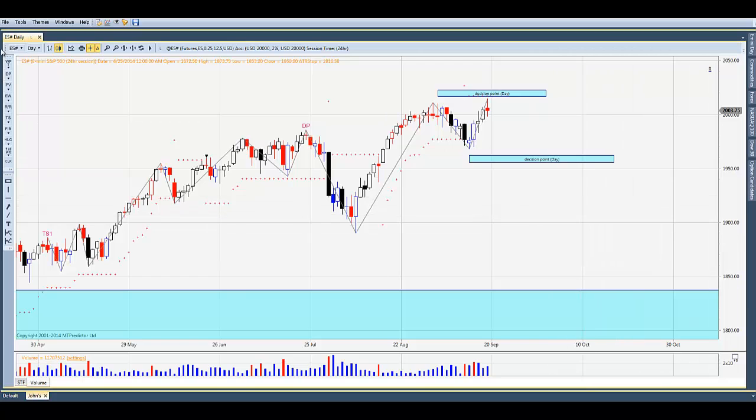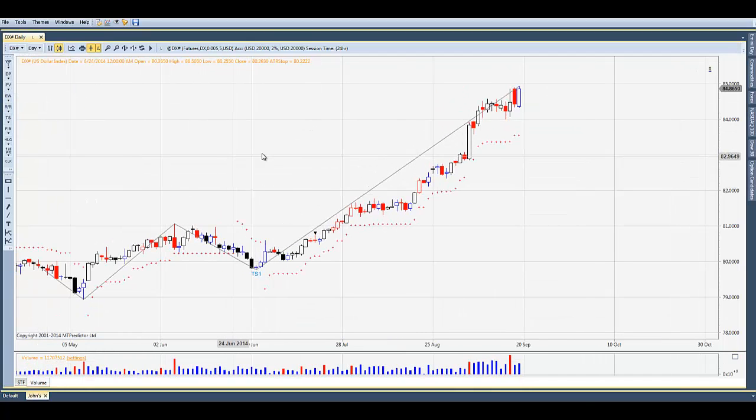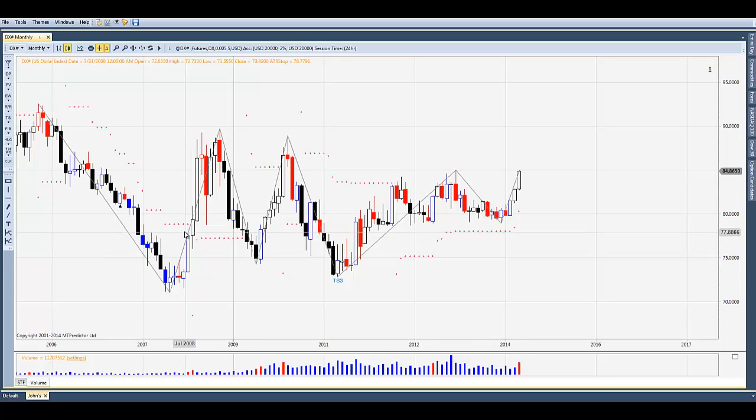And so, well, let's look at the U.S. dollar here, because it's been quite an interesting period for the dollar index. So where's my DX? There we go. All right, here's the daily chart of the dollar index, but let's start like we did the ES. Let's go to the monthly chart here so we can see